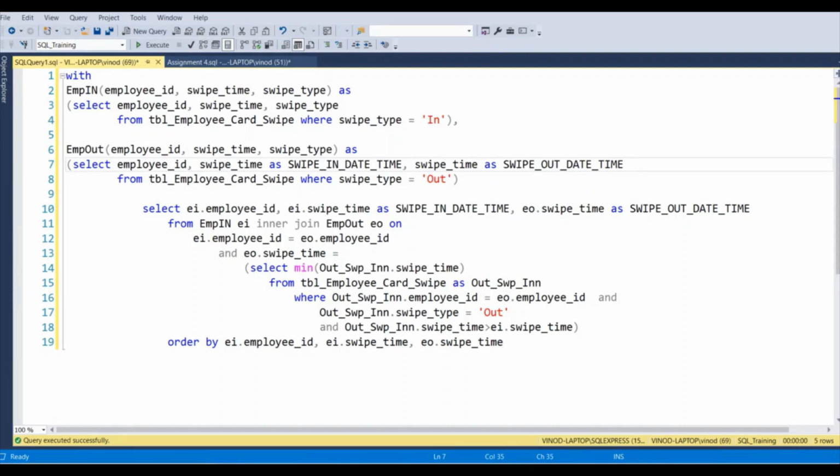So as we discussed over here, we are going to put in the subquery. In the subquery, we are going to filter out this particular extra record, and to achieve this, we are going to use the subquery which is highlighted. Okay. So what is the logic which we have used over here? We have used our base table TBL employee card swipe, and I am first of all joining by the employee ID to this table, and this swipe type, right? I am putting it as out,